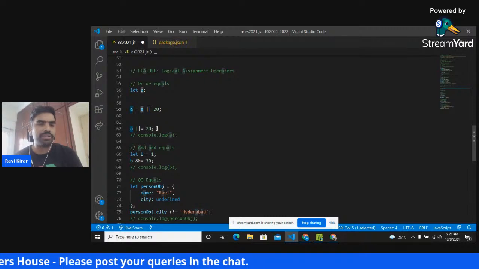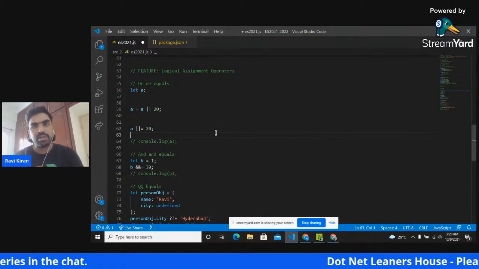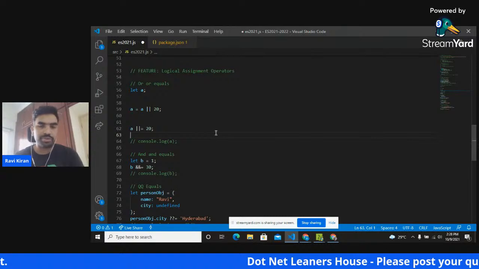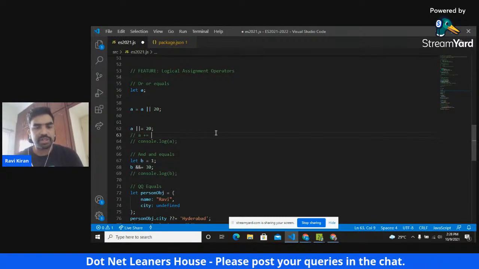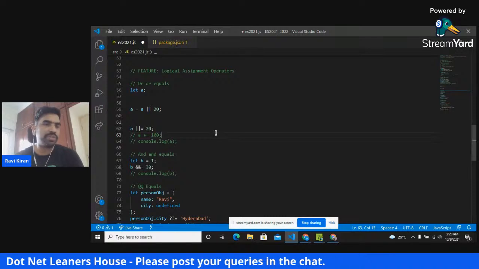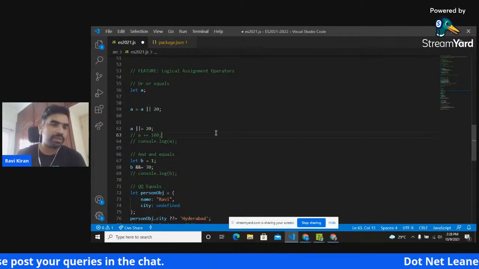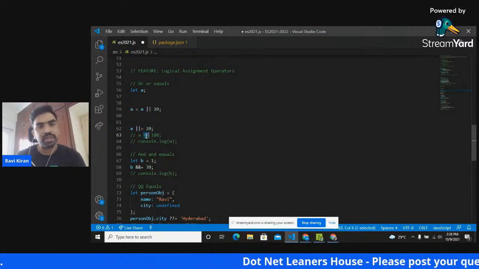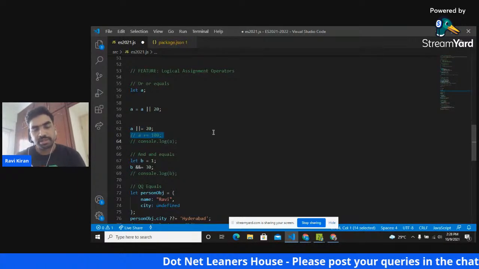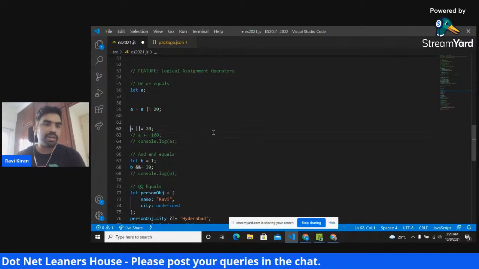This is now similar to the numeric plus operator that we use today. Today we can write a plus is equal to 100, which actually means a is equal to a plus 100. The new or equals got inspired from this addition assignment operator, and now the same thing has been implemented this way.